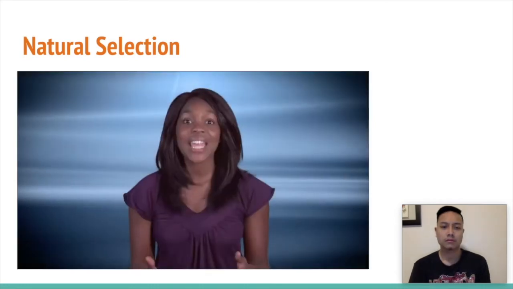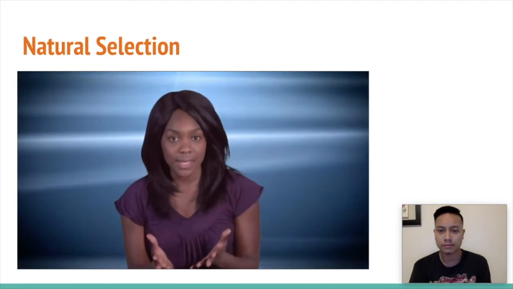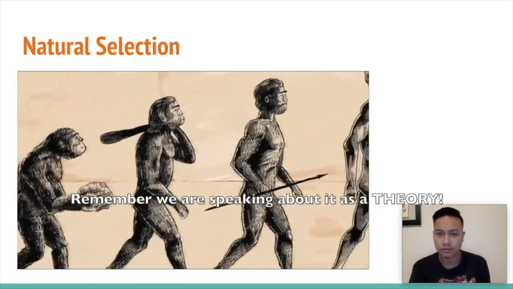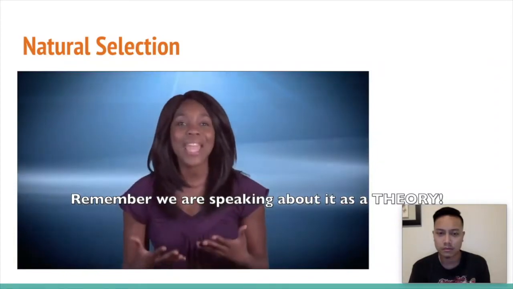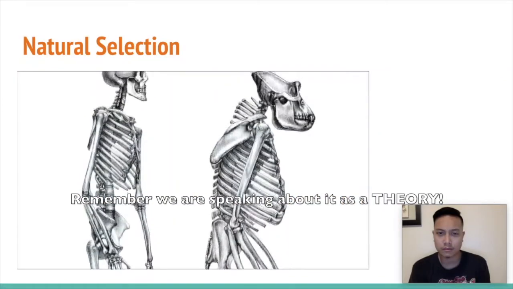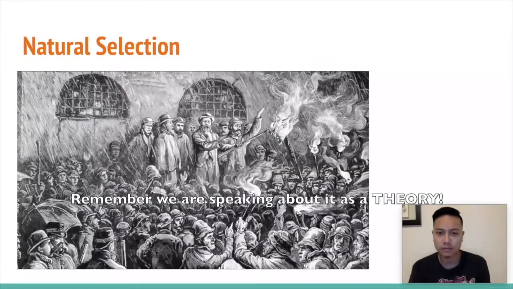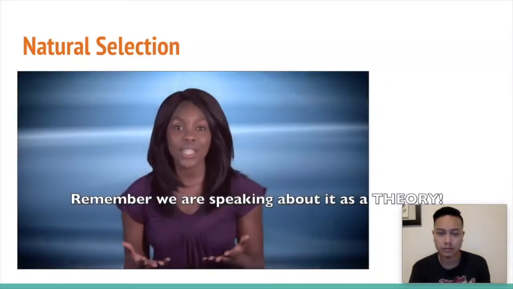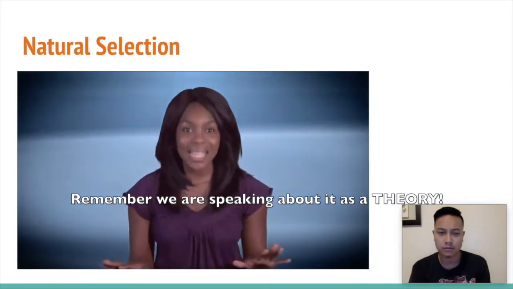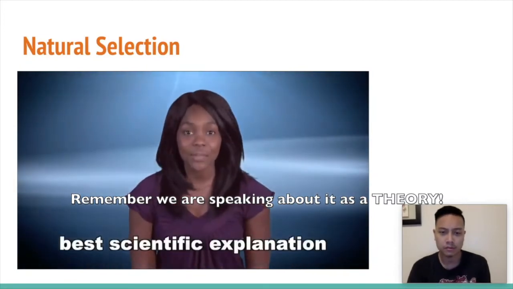In it, Darwin also proposed the idea that all species, including humans, evolved from common ancestors because of the process of natural selection. This idea that man evolved along with apes and monkeys was controversial because it went against the religious beliefs of many people. However, Darwin's theory of evolution is now widely accepted as the best scientific explanation of